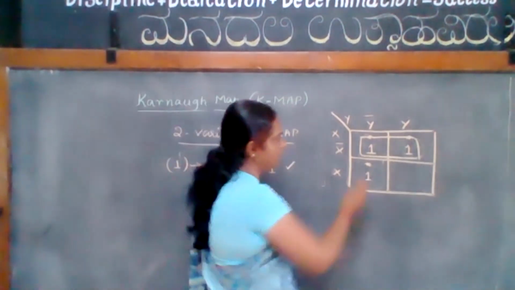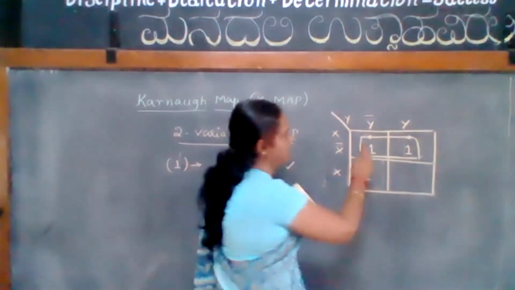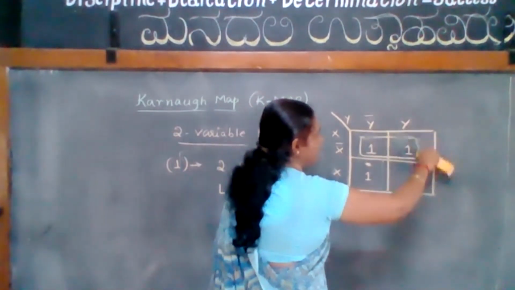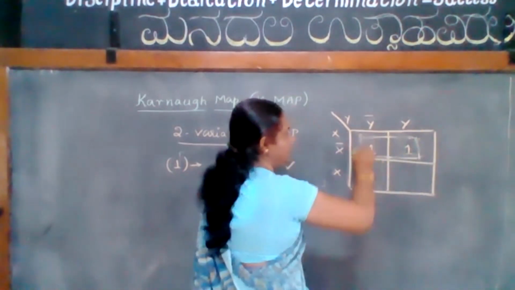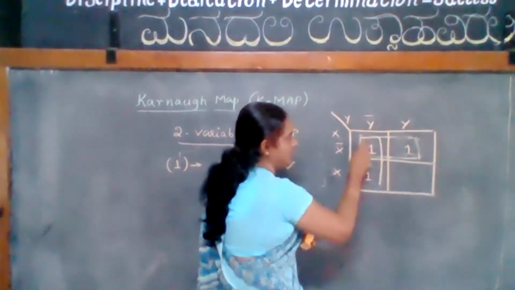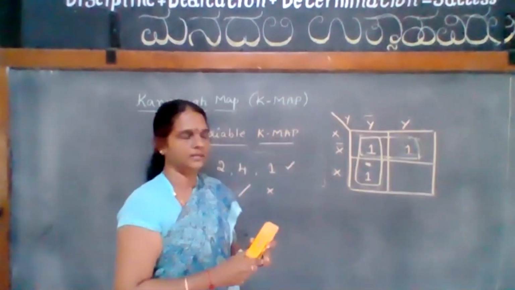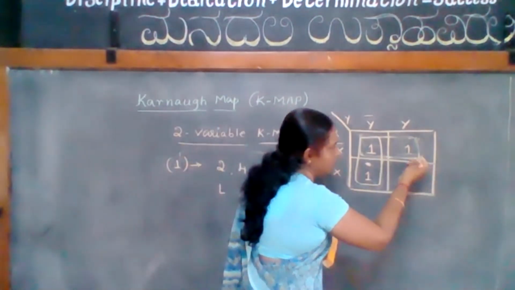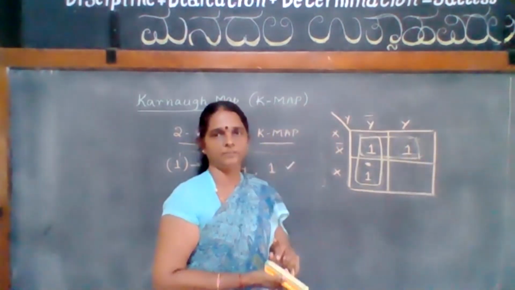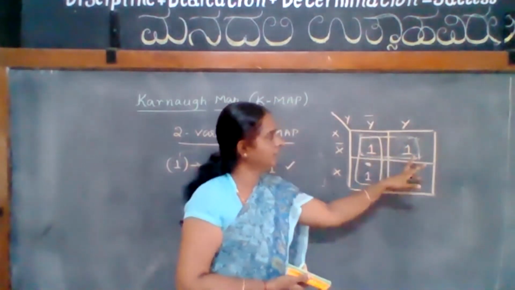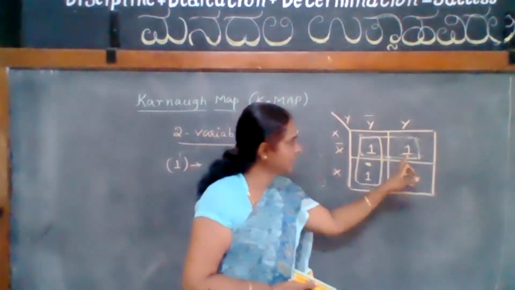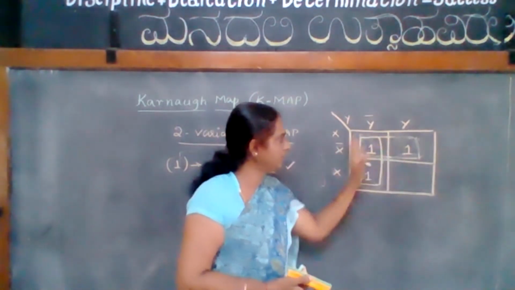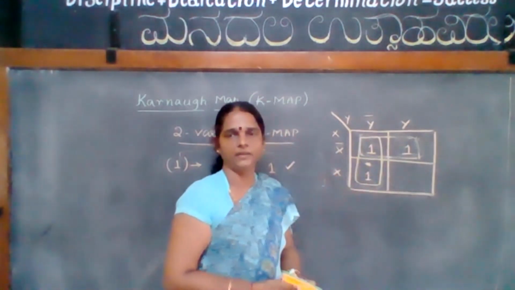Now, horizontally we are grouping here. These 2 ones are grouped together. Or you can group vertically also. See, vertically also we can group like this. In both cases, the third one is left, right? So what we have to do is see whether it can be combined, following all the rules, with any of the other groups. If it is possible, then we can combine it with the other group and make a group again.